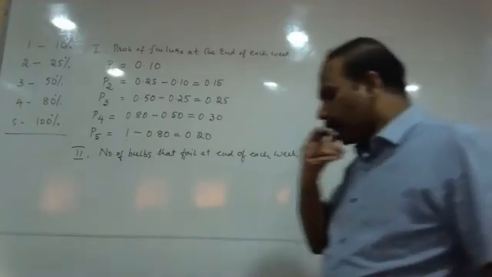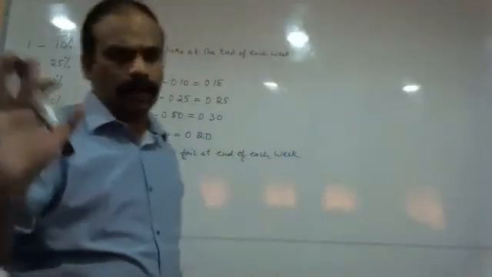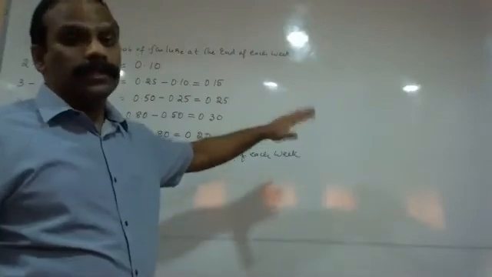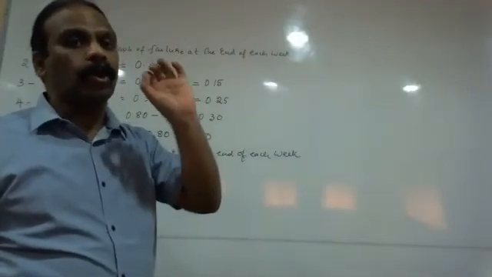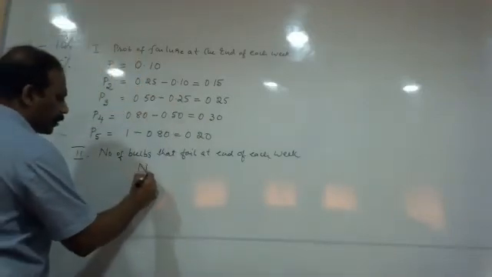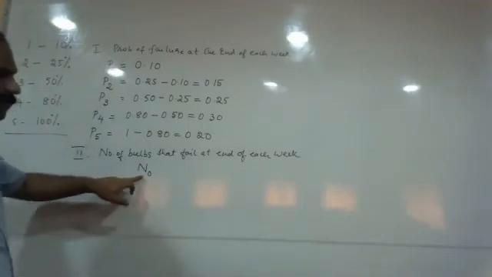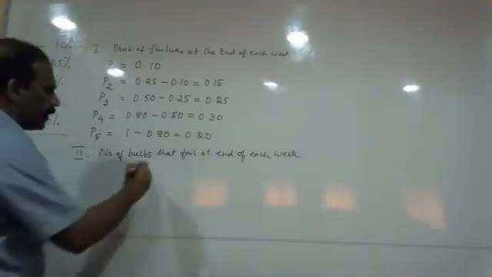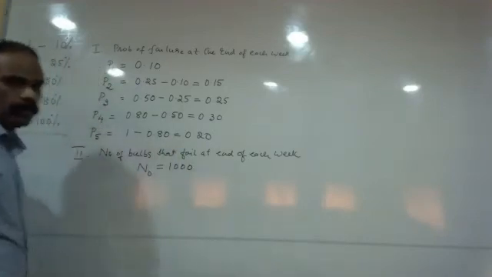Okay, the total number of bulbs or total number of items ಏನಾಗಿರಲಿ ಪರವಾಗಿಲ್ಲ, which is used in the problem should always be denoted by the symbol n naught. ಅರ್ಥ ಆಗ್ತಿದೆ ನಿಮಗೆ? n naught ಅಂತ ಡಿಫೈನ್ ಮಾಡಬೇಕು. n naught ಅಂದ್ರೆ ಏನು? The total bulbs or total items which is considered in the problem. So here it is 1000 bulbs, therefore n naught is equals to 1000 ಅಂತ ತಗೊಳ್ಬೇಕು.